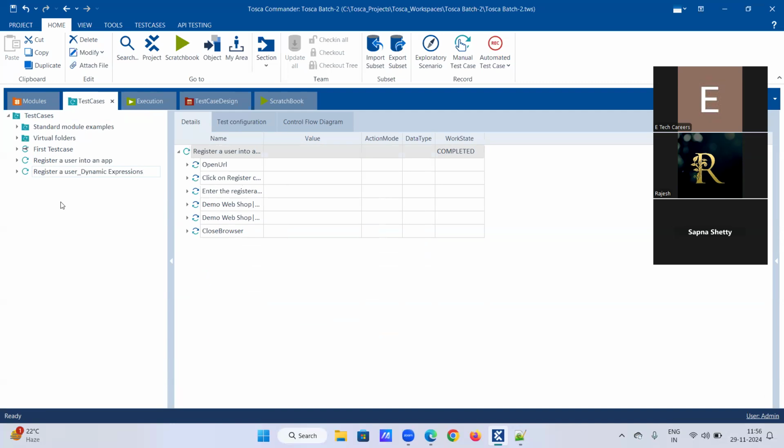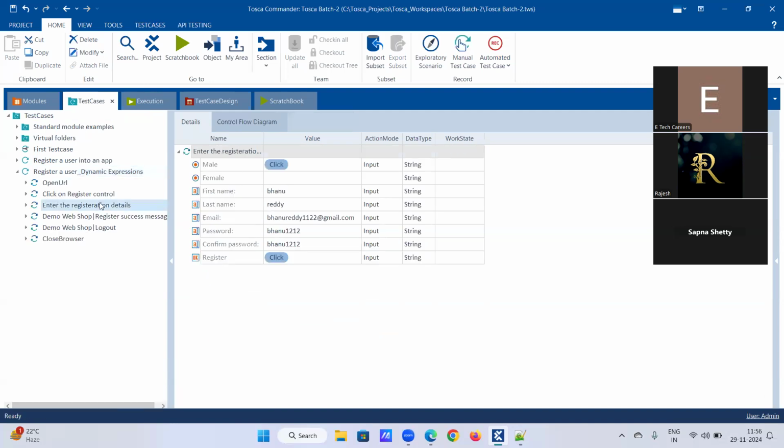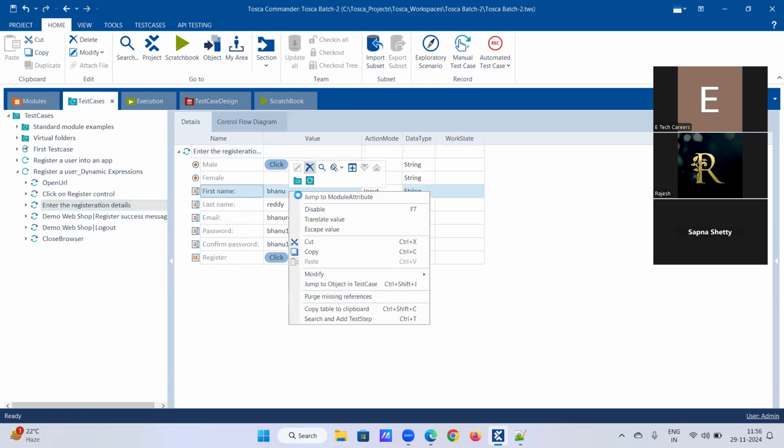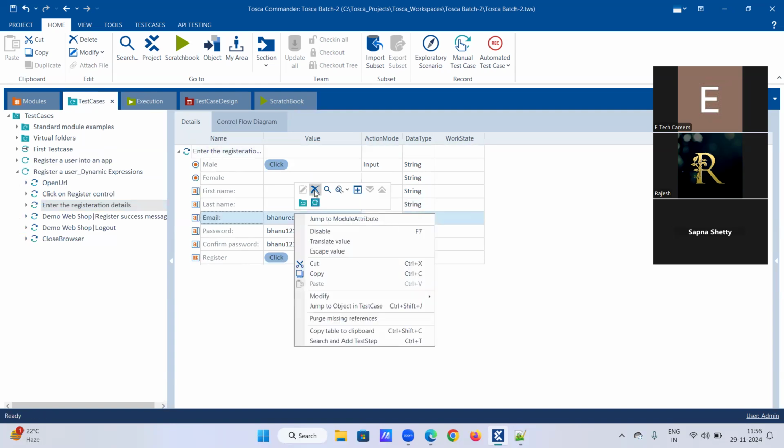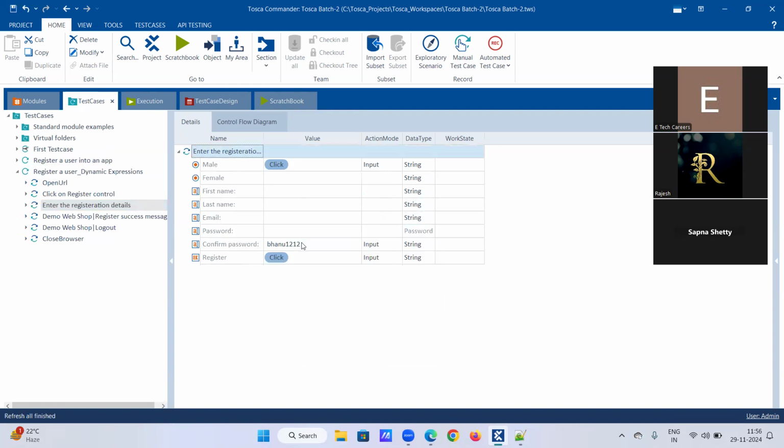dynamic expressions. So here, registration details. I'm going to delete all values. So first name, last name, email, password, confirm password. I want to give random regular expressions. Let's see. So first name,